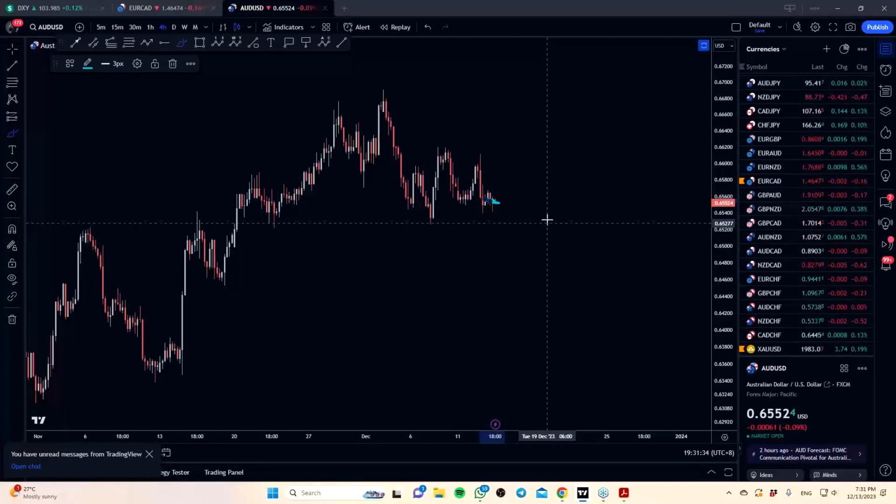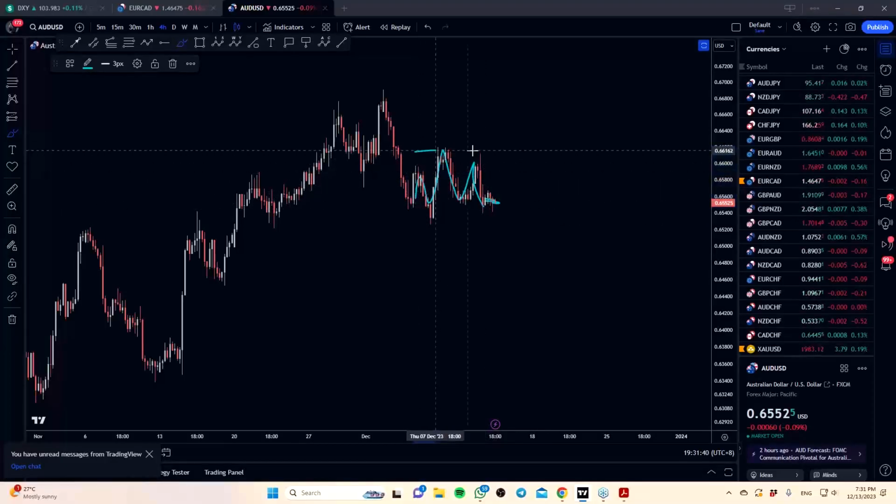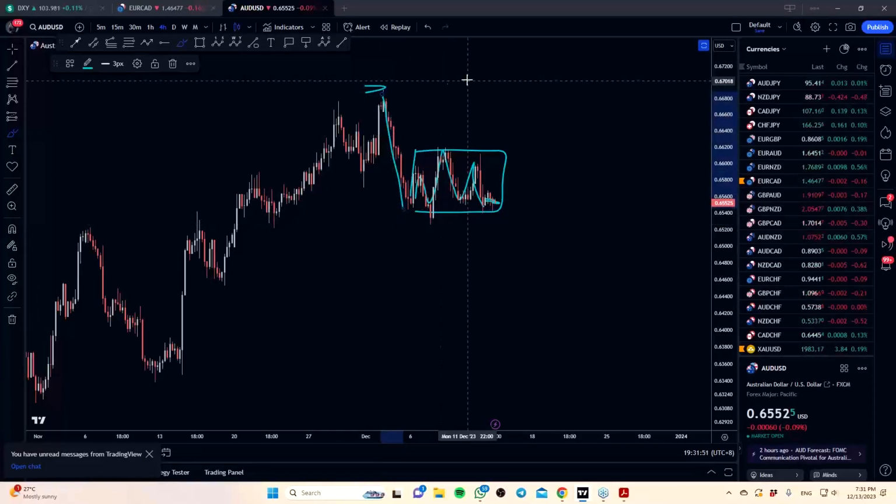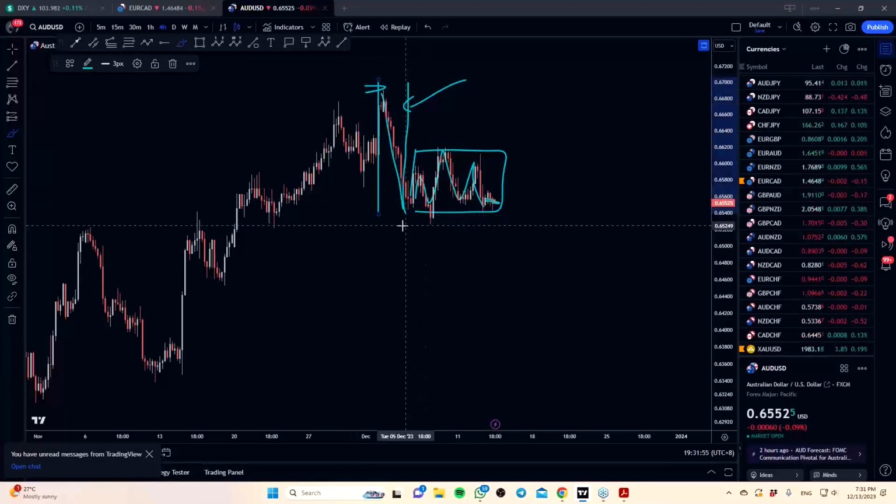You always ask yourself this question: how is price developing, fast or slow? And you start to realize, oh, we are going up and down, up and down. We're not really going anywhere in this entire piece, so that's definitely a slow move. It's a correction. And how did the market come here? It came from the top, down pretty fast, and it's relatively shorter in terms of the time that it took to develop.